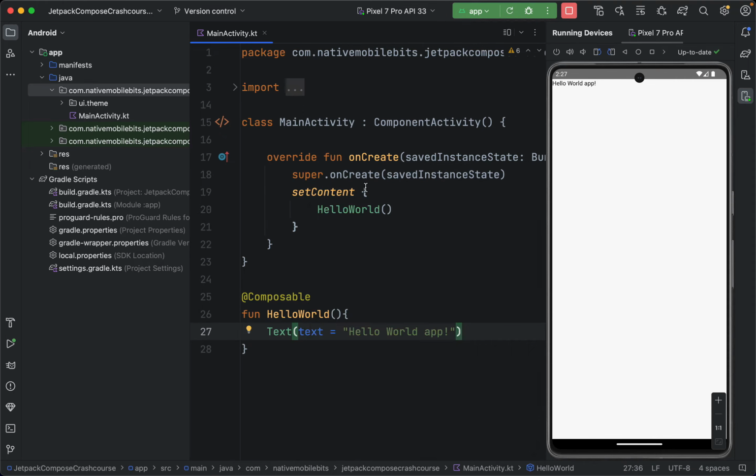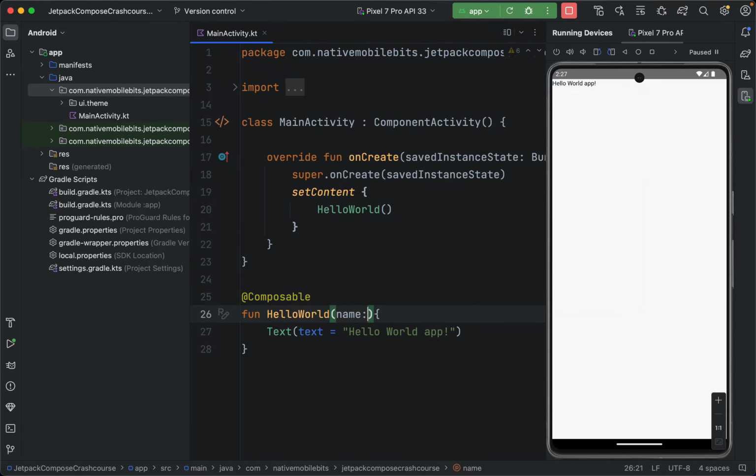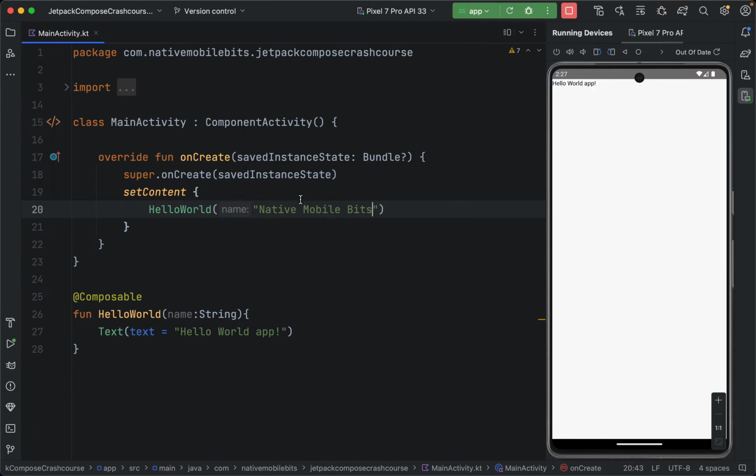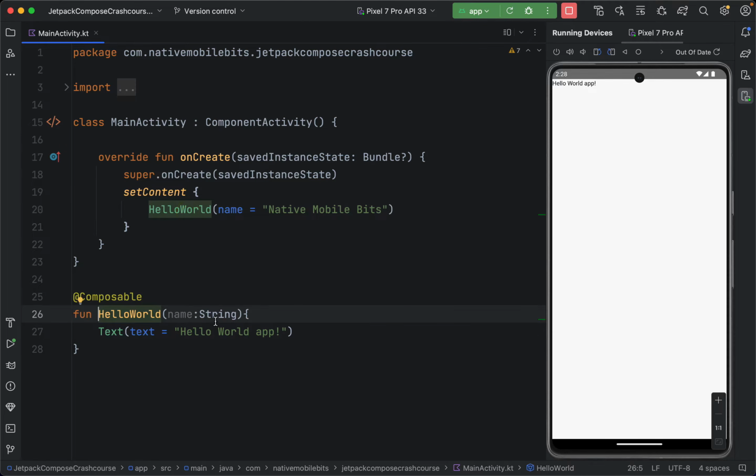Now if we want to make it a little bit dynamic, these composable functions can also take parameters. So let's say we want to pass one parameter, name, of a String type. So now we need to pass one name. We can just write something like Native Mobile Bits. Okay, this is the composable function. This is the parameter value. We can also use a named parameter, just as we can inside a normal Kotlin function. So this is the composable, and we are getting the name value here, which is passed from here, and we can use this name value within the scope of this